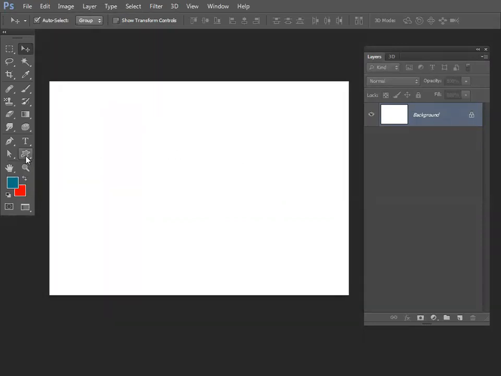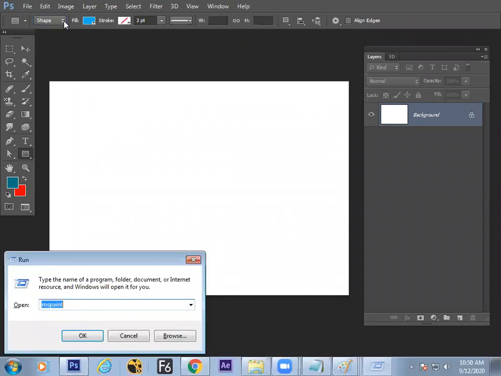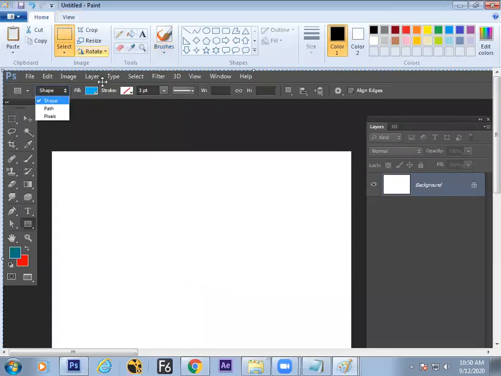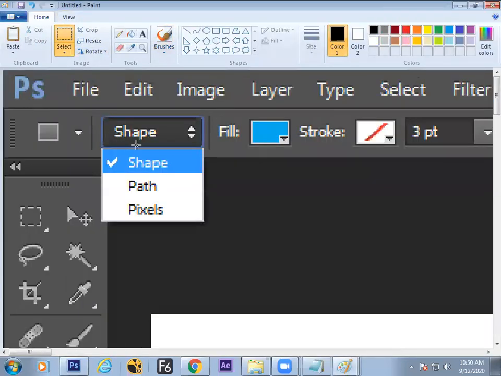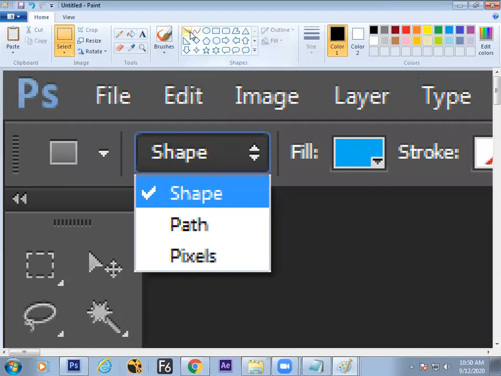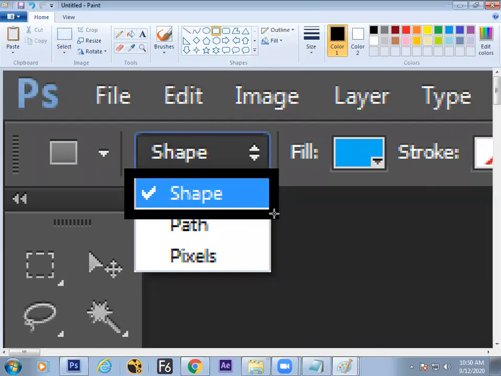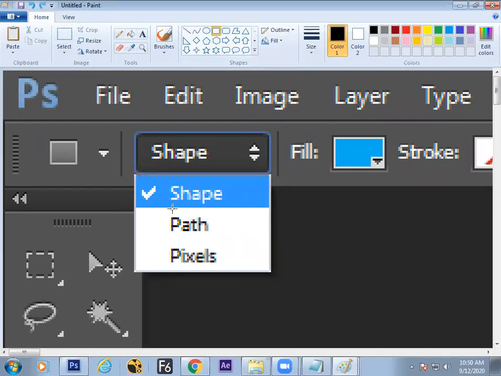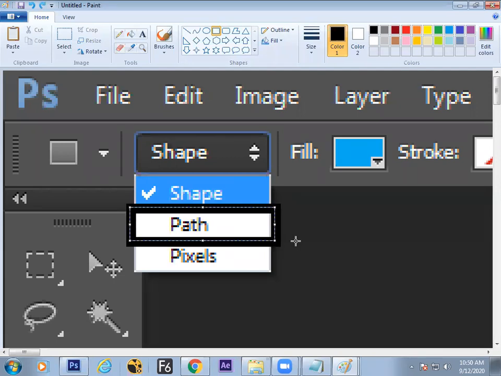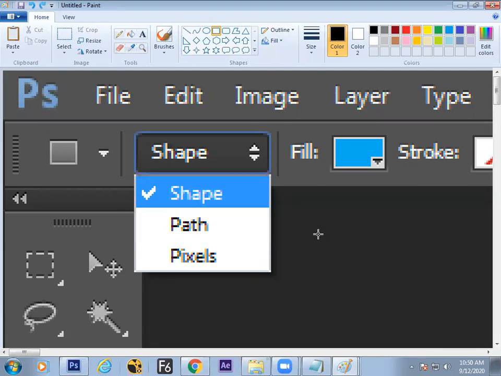So here, when you're drawing with this rectangle, you can see this option in the top. In the toolbar, we have this option. Three options are there. One is shape. What we have created till now are shapes. You can draw only a path that will not have any fill color.